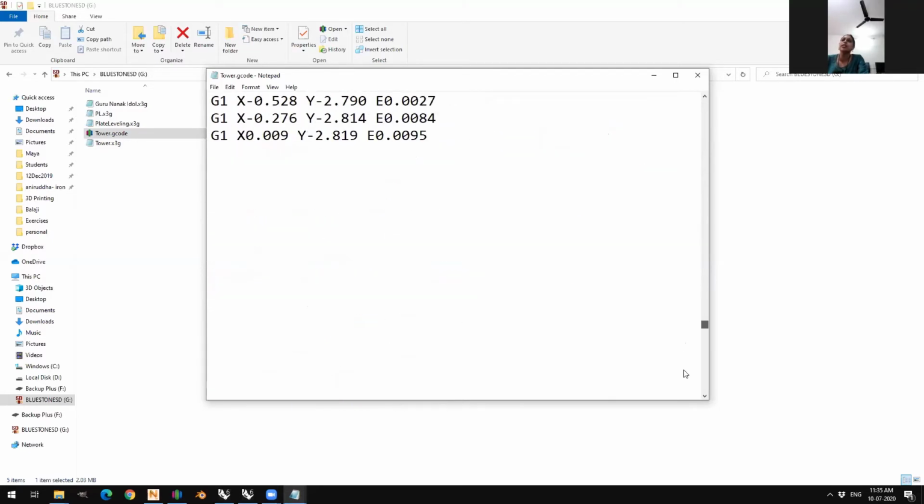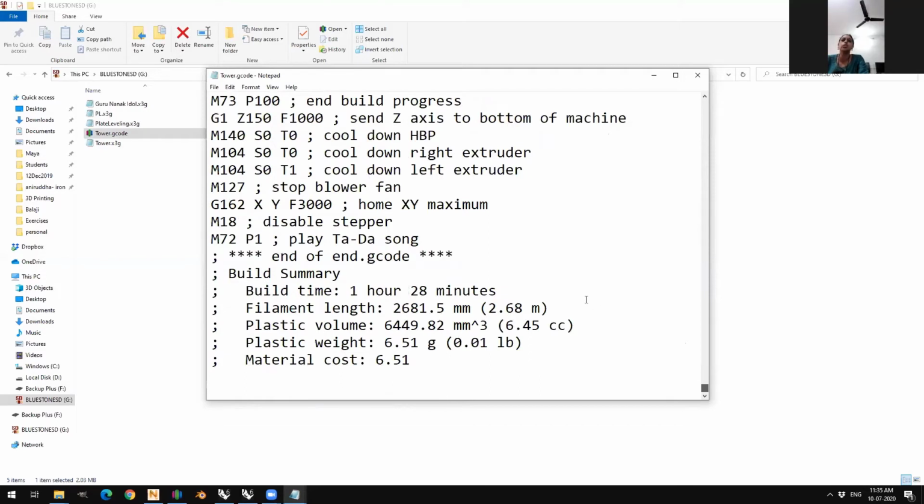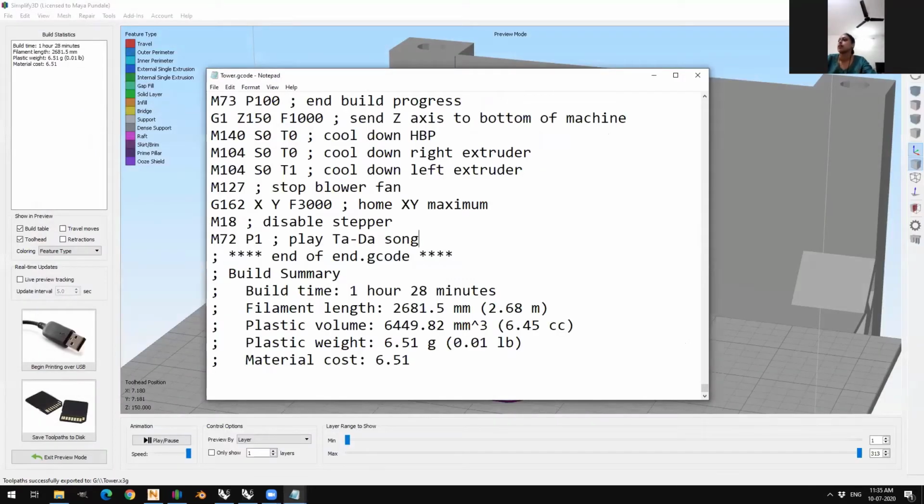So this is the information that actually goes to the machine. It also plays a song if you want. So right now I'm going to just eject this SD card from the computer, and let's go on to the machine itself.